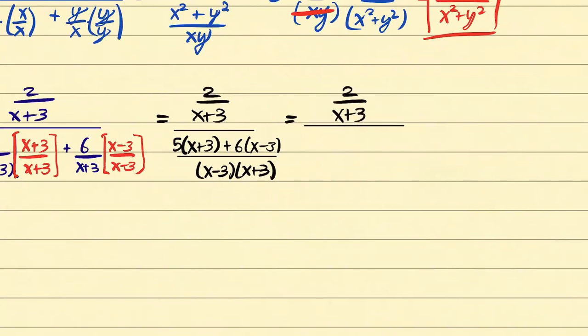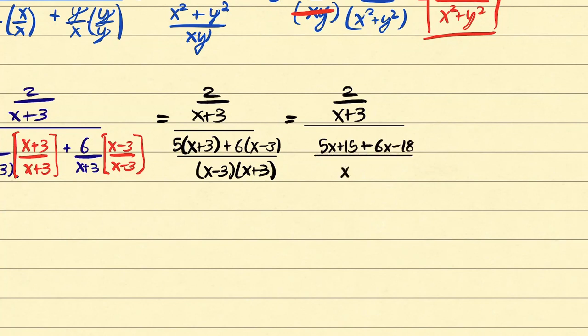Let's do some arithmetic inside this numerator. I'm going to distribute that 5 to get 5x plus 15 plus 6x minus 18